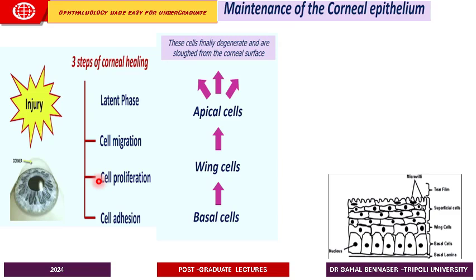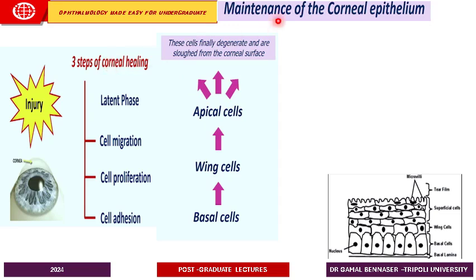And after the differentiation, tight junctions will be created between cells, with adhesion of the cells, so that the cell will be stable, and this will terminate the cell cycle. So the cell will propagate from the basal layer to the wing layer to the apical cells. Then shedding will happen to the cells at the tear film, and the same cell cycle will be initiated. So this is the normal cell cycle, as I said, as a normal response or as a response to any